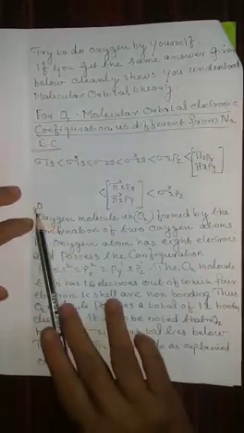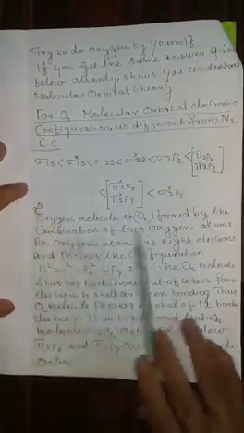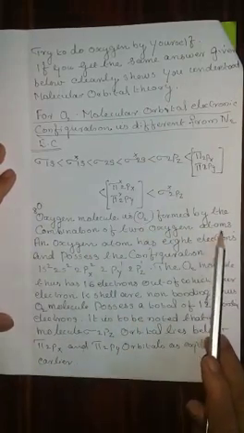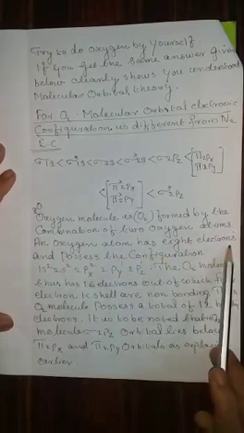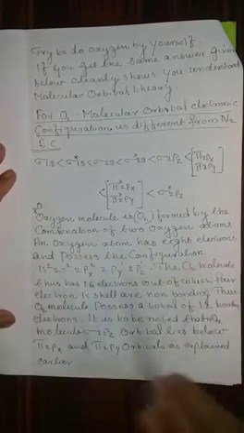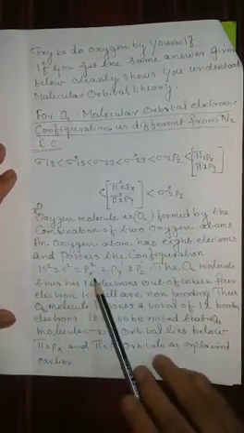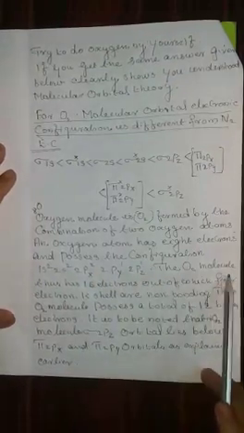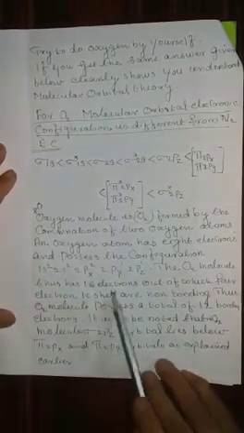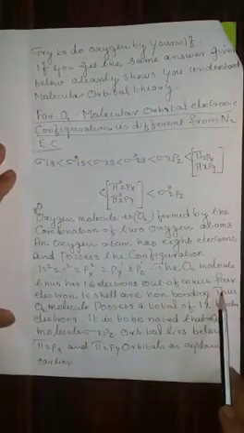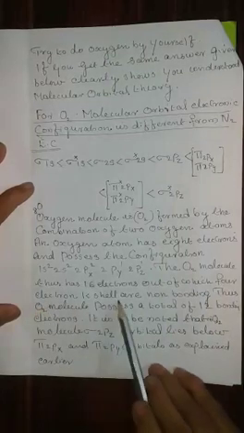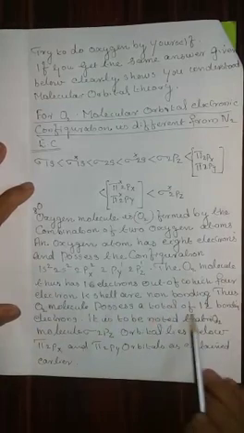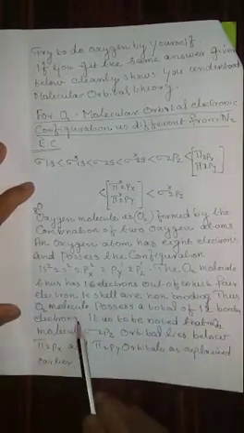Now, oxygen atomic number is 8. The oxygen molecule, O2, is formed by the combination of two oxygen atoms. An oxygen atom has 8 electrons and possesses the configuration 1s2, 2s2, 2px2, 2py1, 2pz1. The O2 molecule thus has 16 electrons, out of which 4 electrons are in the K shell and are non-bonding. Thus, the O2 molecule possesses a total of 12 bonding electrons only.